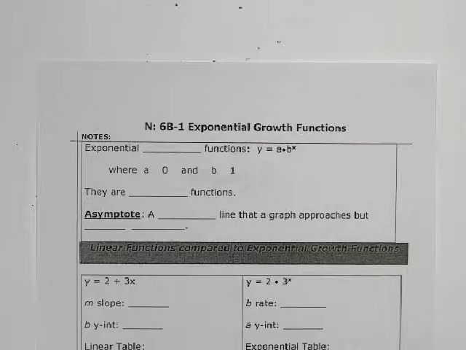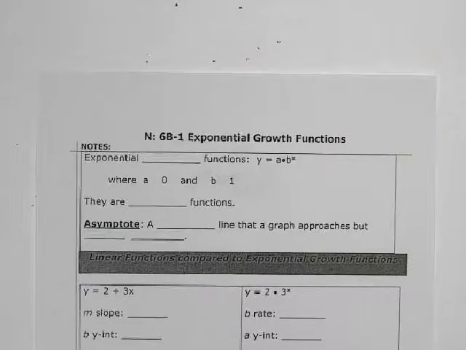Right, 6B-1, exponential growth functions. So what I want you to do is turn it to the back. Okay, turn it to the back. Or if you're in your composition book, you can write on the page that you're going to tape it on, either one. And I want you to write